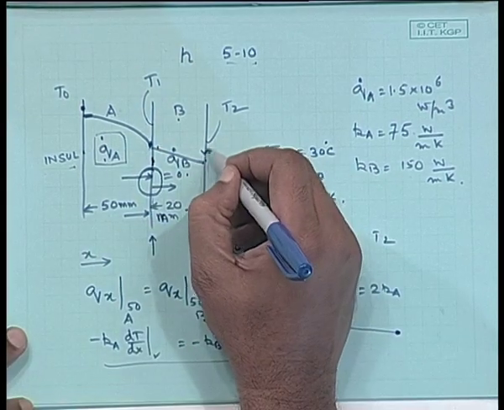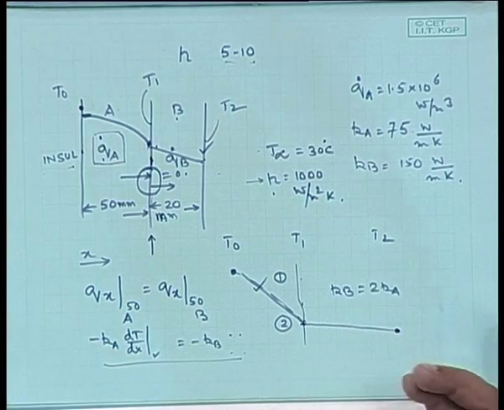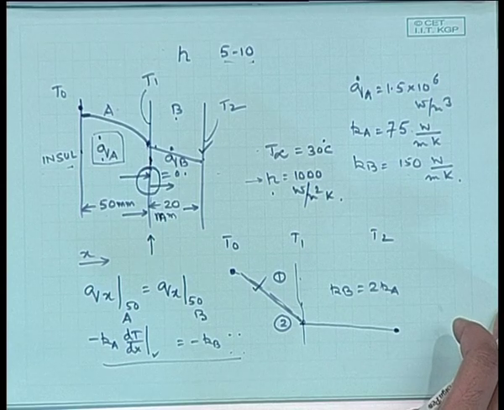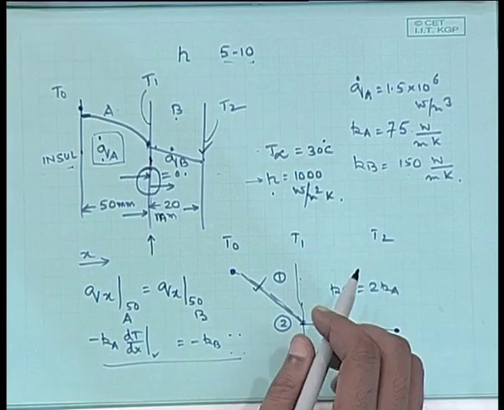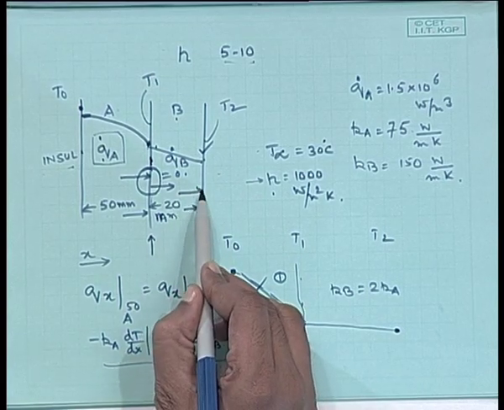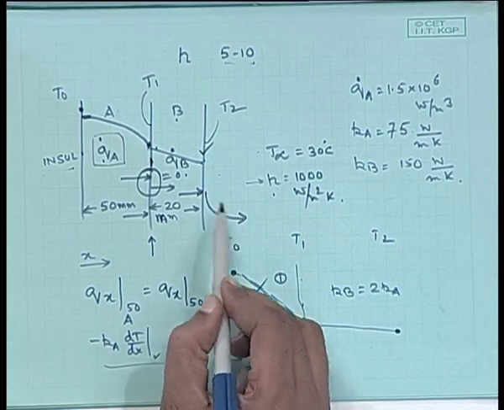What is the condition at this point that I am going to use? What are the possible conditions? I do not know which condition I may be able to use, but I should know all the conditions. Conductive heat flux, that is the amount of heat that is coming to this point by conduction, should be equal to whatever is going out by convection. Pardon me?